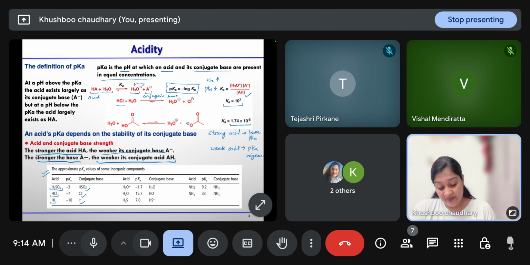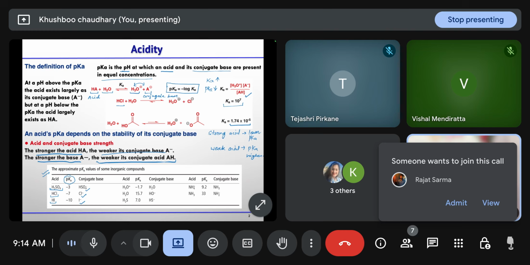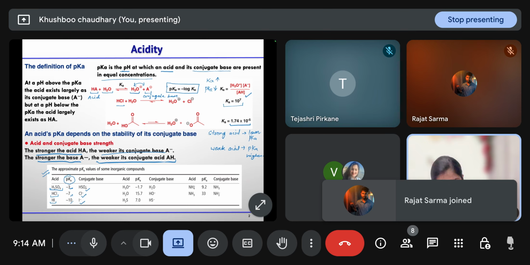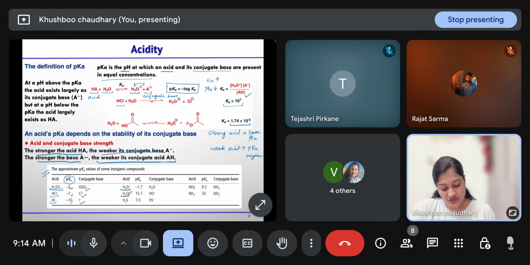Now, the pKa of these acids is given as -3, -7, -10. That means HI is the strongest acid, which can protonate anything. Then consider hydronium ion, H2O and H2S, whose conjugate bases are water, hydroxide ion and SH negative. Here the pKa increases, that means the acidity decreases. Nitrogen acids have higher pKa compared to oxygen acids, which means they are weaker acids than the oxygen ones.